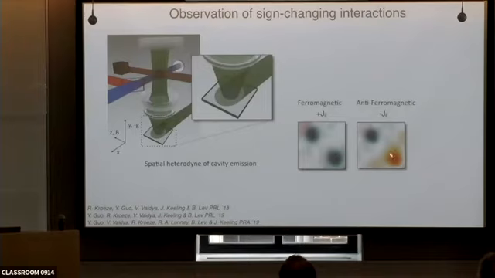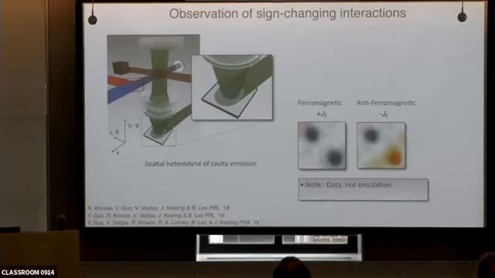But if I move one almost imperceptibly from the other, it's hard to tell that they're moved, but if I move it so that the cosine now flips to sine, now I have a blob of atoms that has the opposite phase, meaning that it's spin down. So these are spin up, this is spin up and spin down, and I've realized antiferromagnetic interaction.